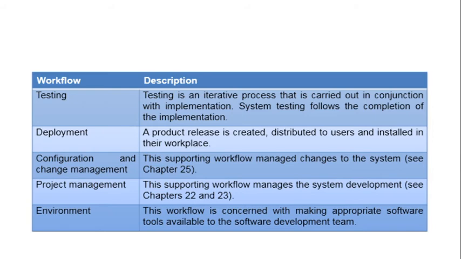Project management is, I have told you, software project management is the umbrella activity of SDLC which spans the overall software development. So a task in project management is to plan all the activities properly, and once the activities start we have to continuously monitor and control them. So 2 major activities of project management are planning and then monitoring and control, which is carried out in this RUP model.